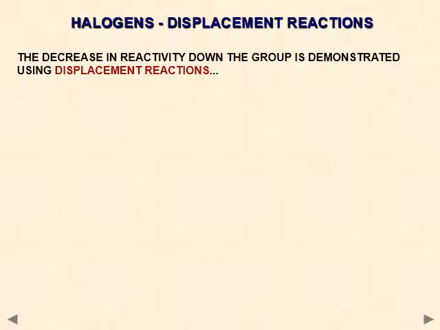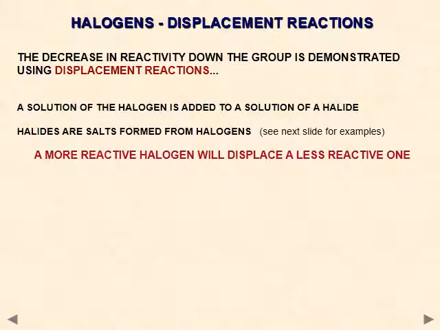So let's see that displacement reaction is a good example to prove not only the reactivity of halogens but also the oxidizing power. As we know from O levels, as you go down, the displacement power of halogens decreases. The upper halogen can displace the lower halide ions, but the lower halogen cannot displace the upper halide. So as the reactivity decreases down the group, displacement reactions can be seen from the upper halogen atom to the lower halide ion. So a more reactive halogen can displace a less reactive one, but the reverse is not possible.